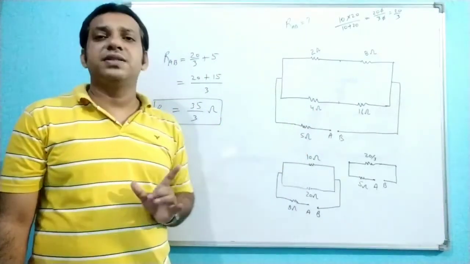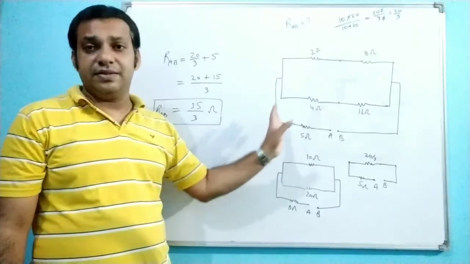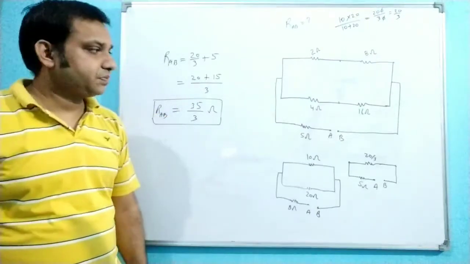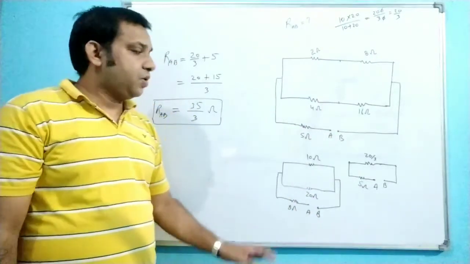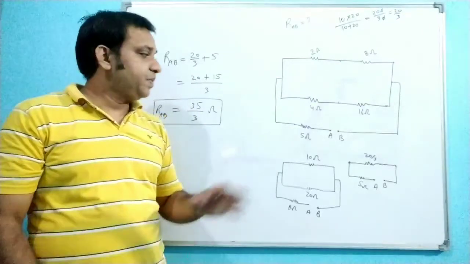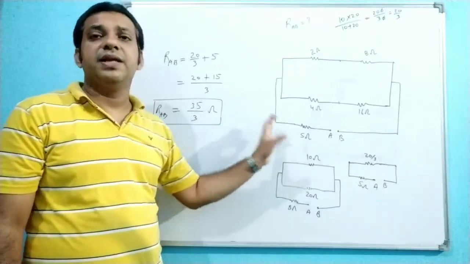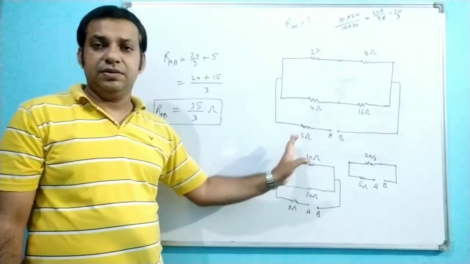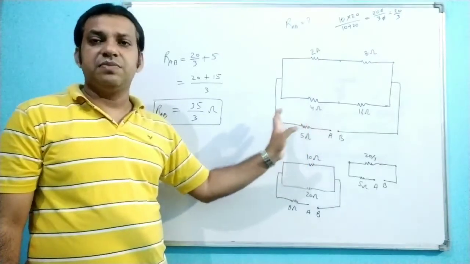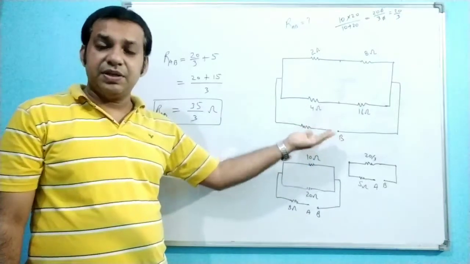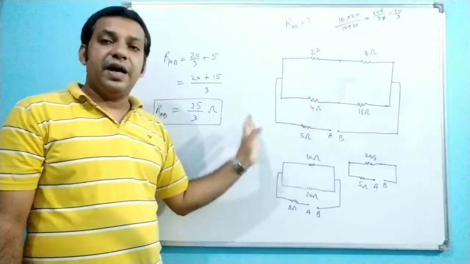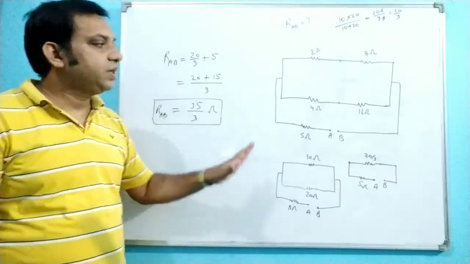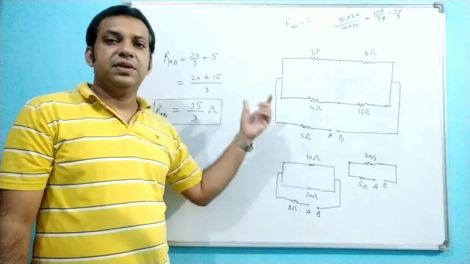Also there is one formula for when the bridge is not balanced, but it is not in the board syllabus. If you ask the question, I will explain it in another class, because you get confused every time, since in your syllabus only the balanced Wheatstone bridge is there. For the unbalanced you have to use the KVL method. So when I give you a question which is an unbalanced Wheatstone bridge, then with the help of KVL you can find the R net, and there is also a short trick method with which you can find it. But in your syllabus only the balanced Wheatstone bridge is there. Every time the bridge is balanced.